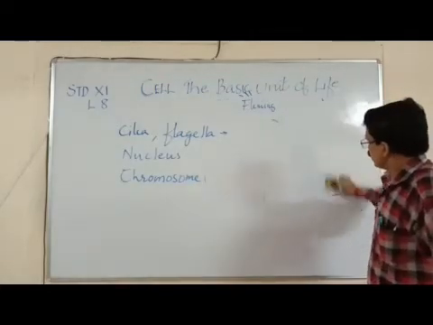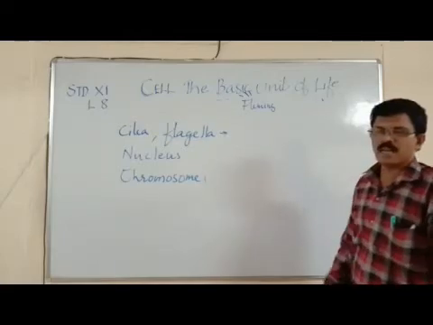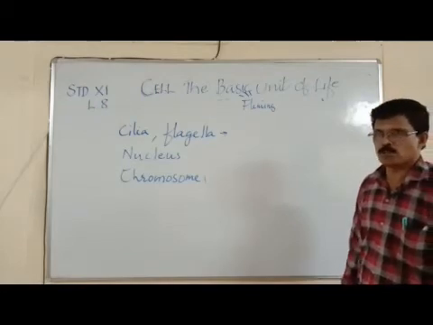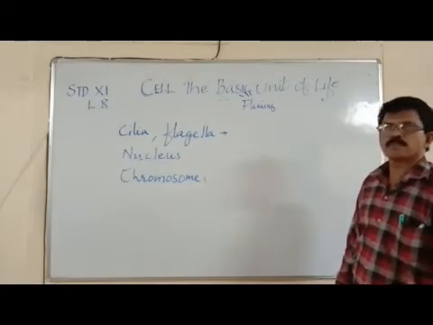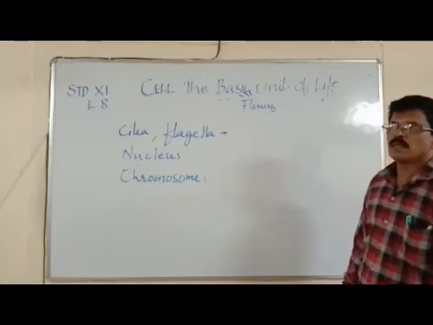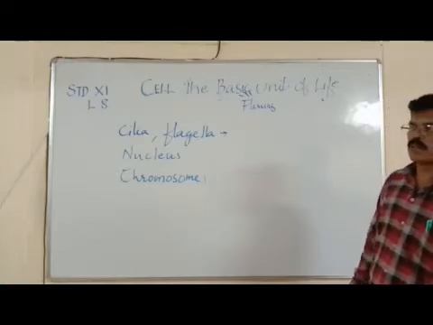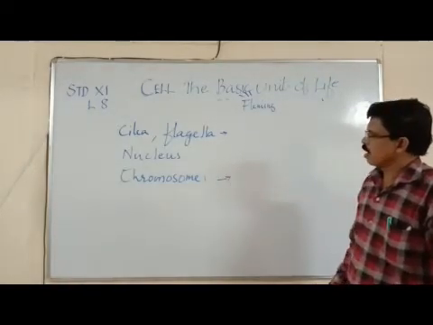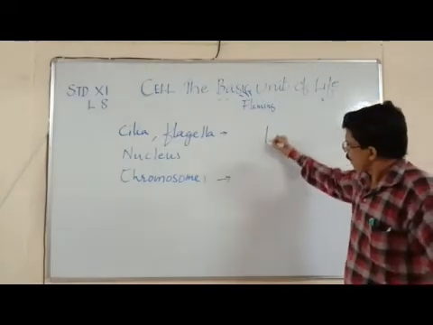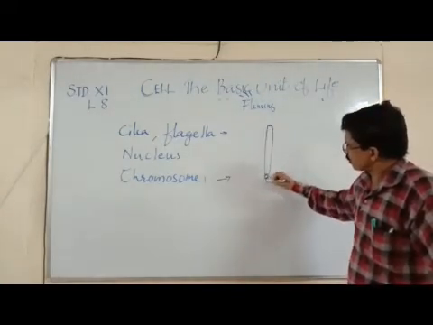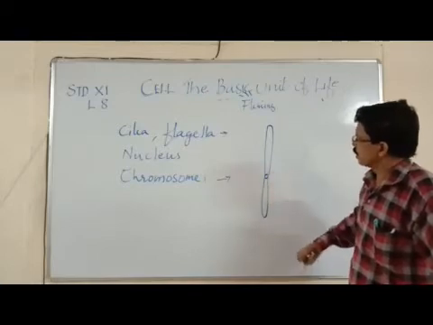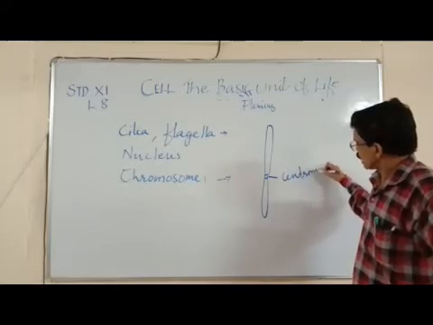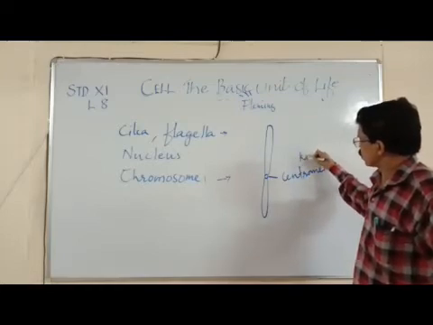So, when do we observe the chromosome in a cell? Just at the onset of cell division. In which stage do scientists study the chromosome? Scientists use the metaphase stage of cell division for the study of chromosomes. Now, chromosomes are basically long thread-like, rod-like structures with a centromere at the center. The centromere is also called the kinetochore.